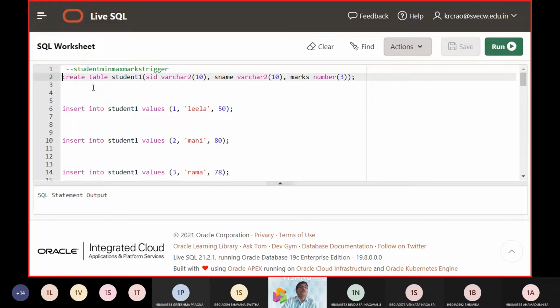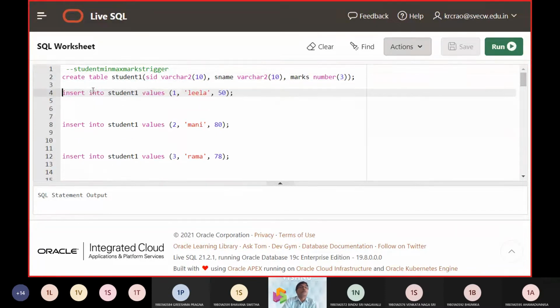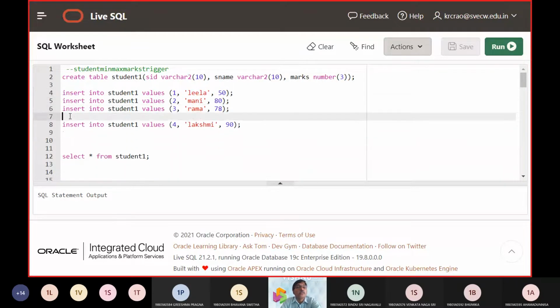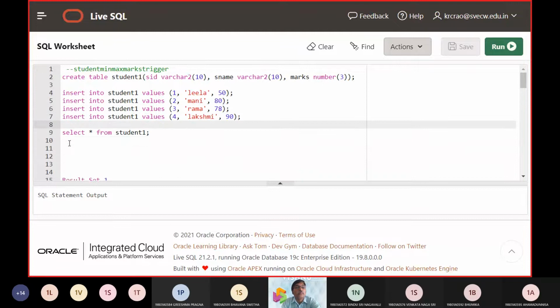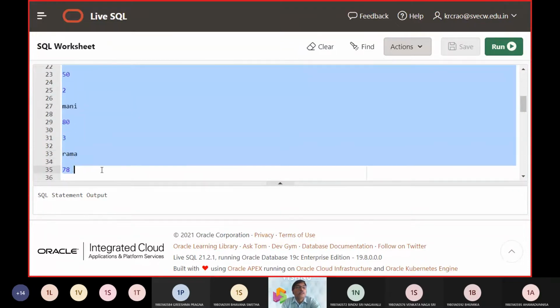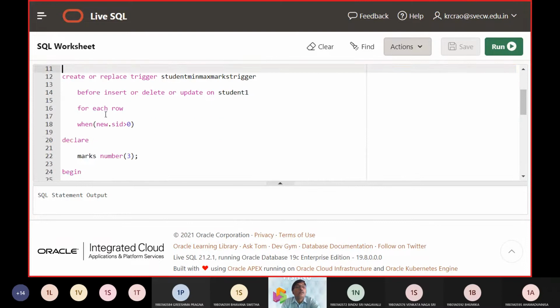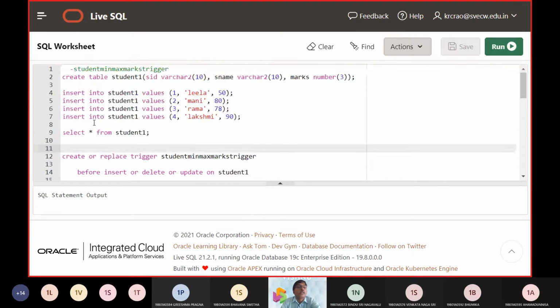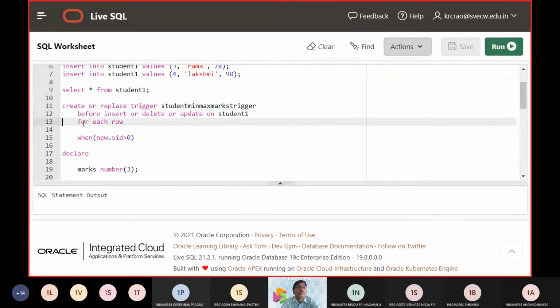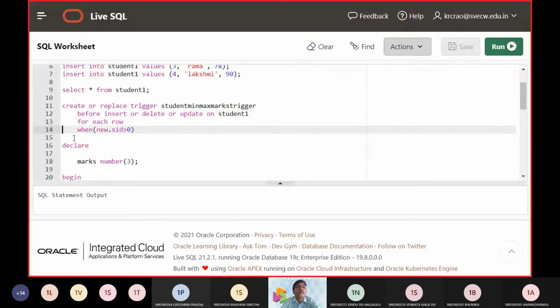Double slash indicates the comments line. Now we have 4 insert commands to be done. Then we are creating the trigger, and a trigger can happen before insert or after, before delete or before update.